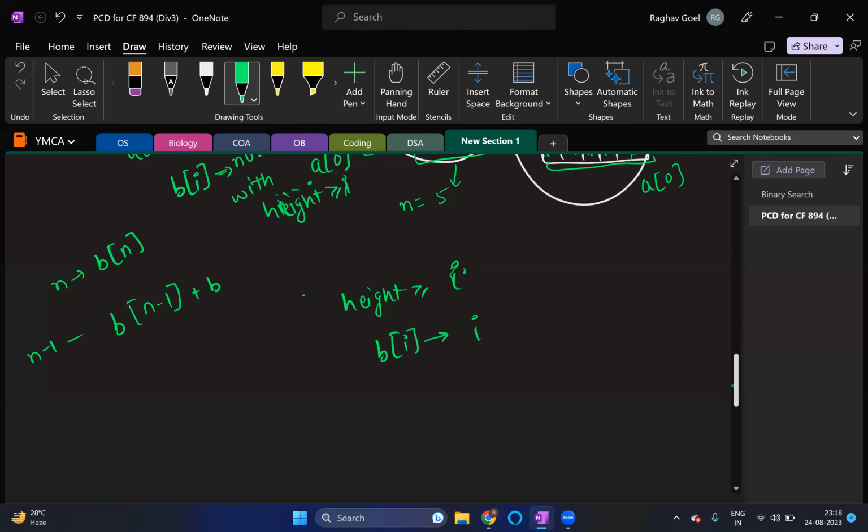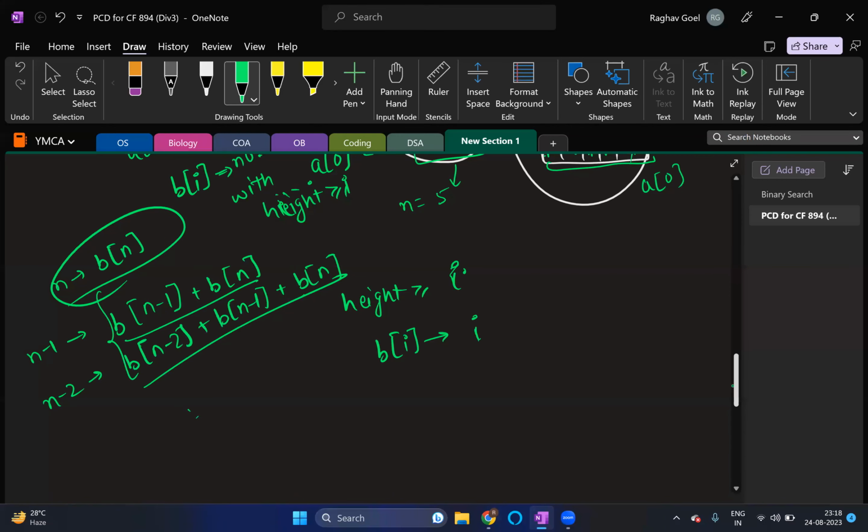For n minus 1, it will be b of n minus 1 plus bn. For height n minus 2, it will be b of n minus 2 plus b of n minus 1 plus b of n. So instead of calculating this again and again for all of them,